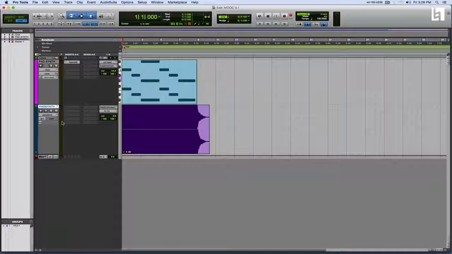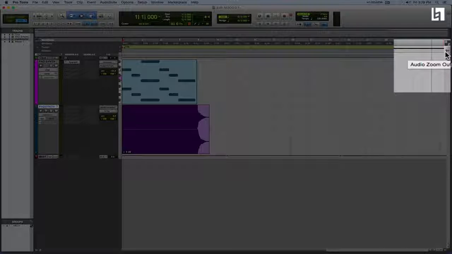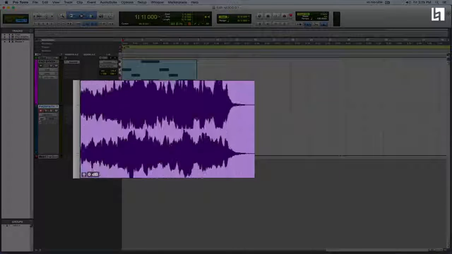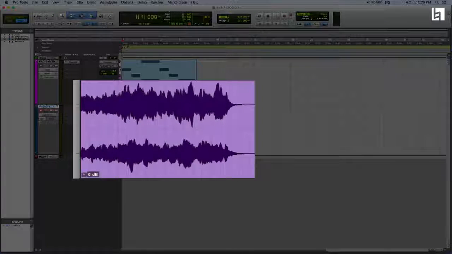Now, as you can see, this has created a new audio region from the MIDI track. And don't be alarmed about the fact that this looks like it's really loud or the waveforms look like big blocks. If I go to the top right-hand corner of Pro Tools, you can see this small waveform, and if I hover over it, it says Audio Zoom Out. Click and hold and drag, and you can see a better representation of your waves